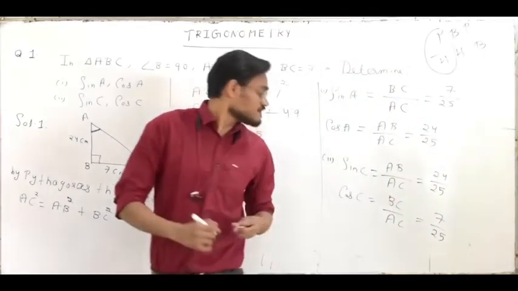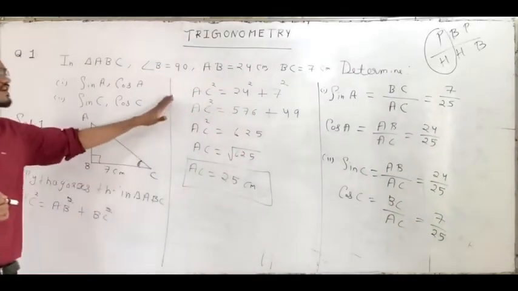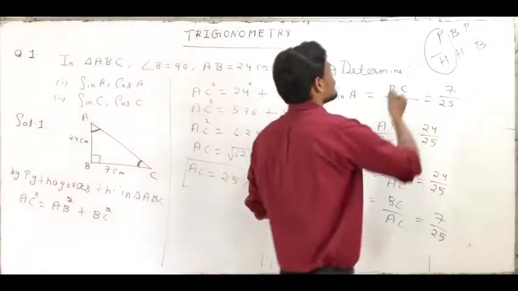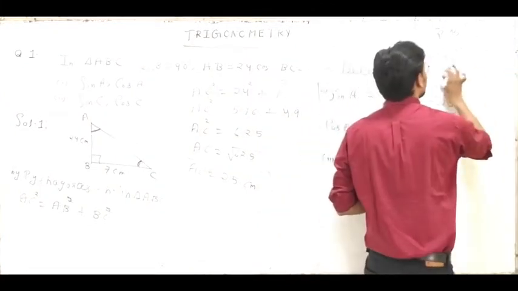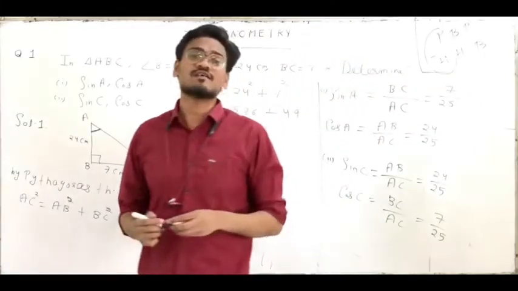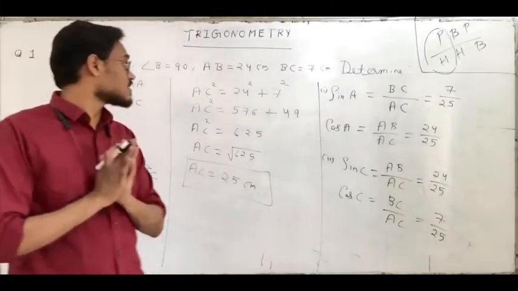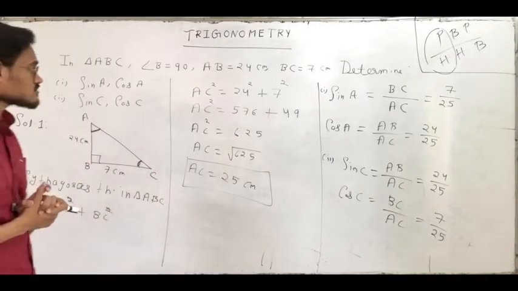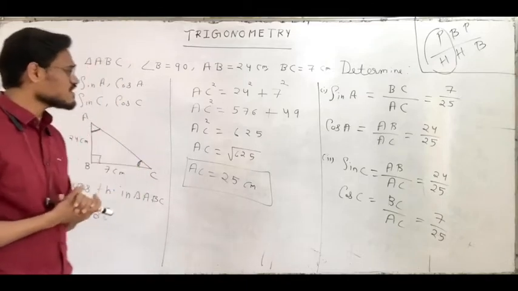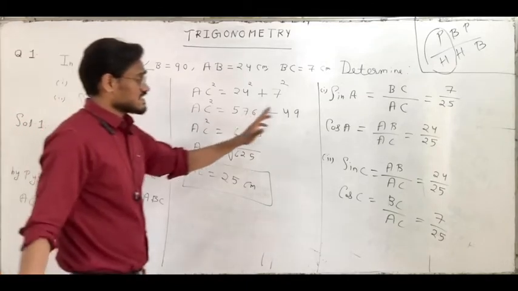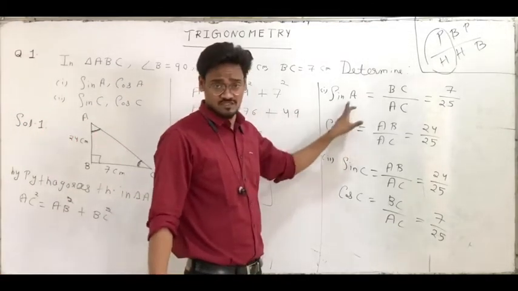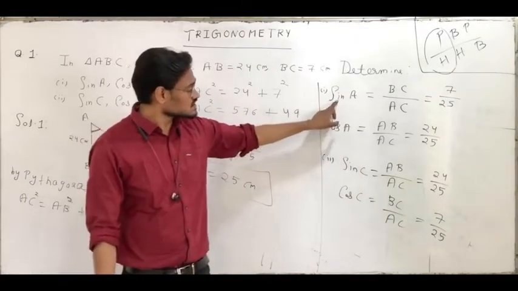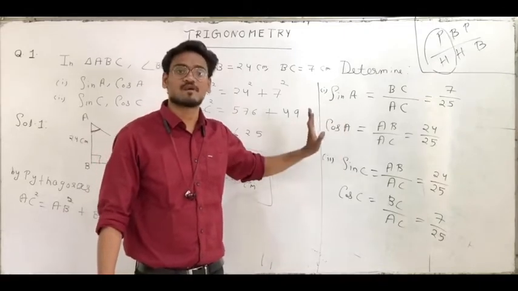So in this way we have solved the first question, a very basic question. It helps you to revise the concept of how to calculate trigonometric ratios of any particular acute angle. So note down this question and this solution. Then we will come back. See, here we found only sin A and cos A. Now suppose you have to find tan A. Just divide these two, sin A upon cos A. What will be the value?